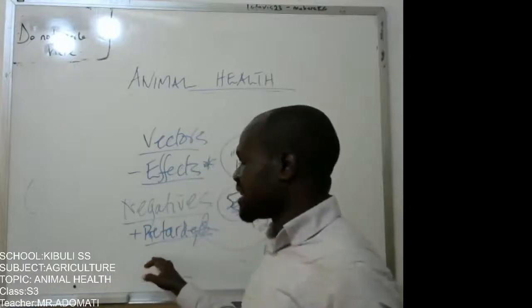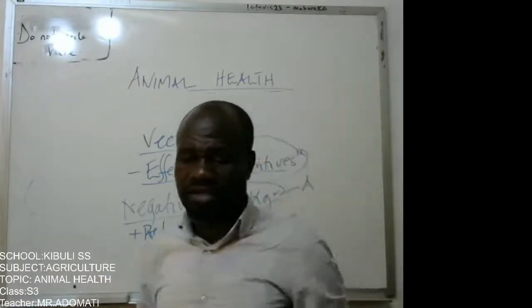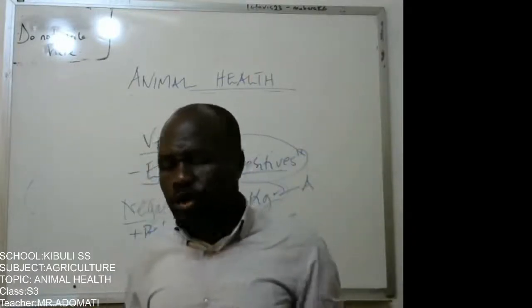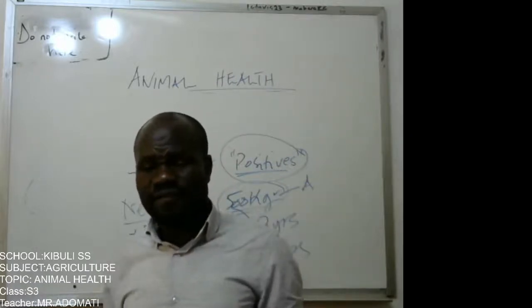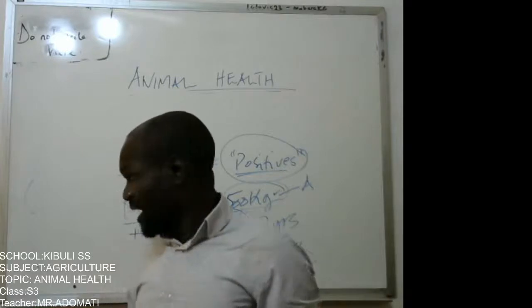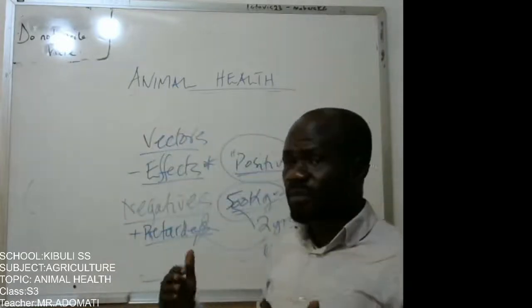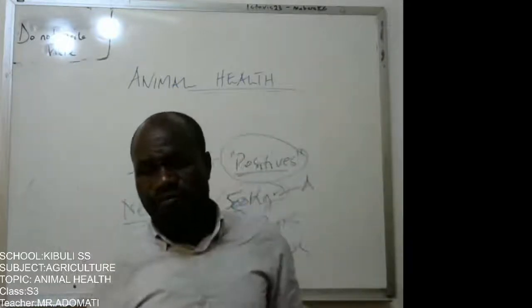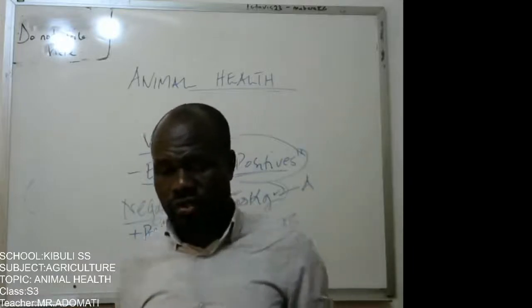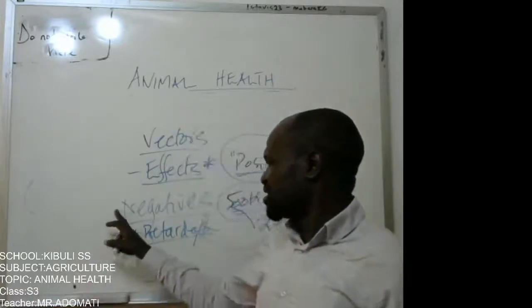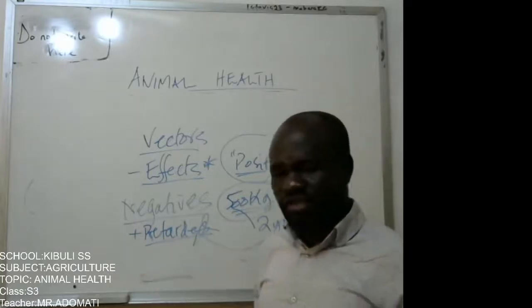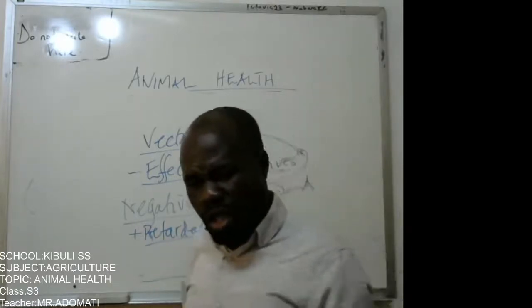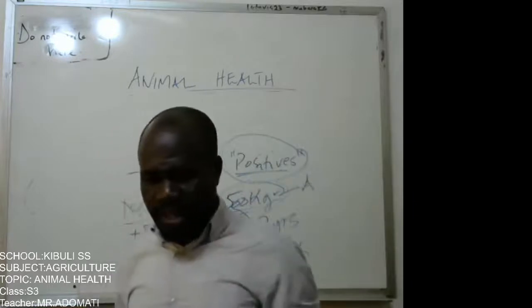Then two, the other effect is poor quality products. Okay? No one would want to buy products from an animal that is sick. First of all, it's not allowed. From the Animal Act, it's not allowed. You're not supposed to sell products from diseased animals. Okay? So if an animal is diseased, for example, it's suffering from mastitis, then the milk it is going to give you is going to be of poor quality. Okay? Then three,